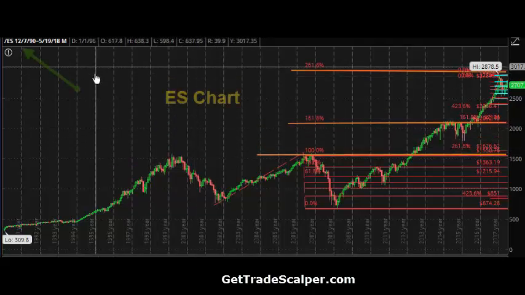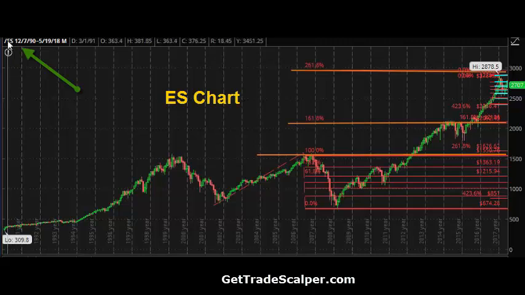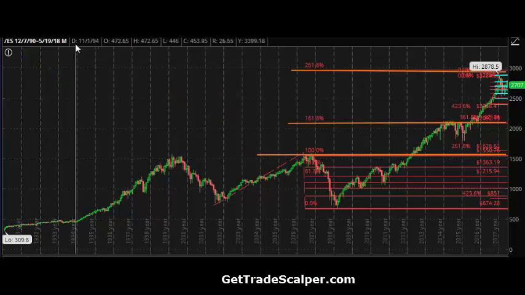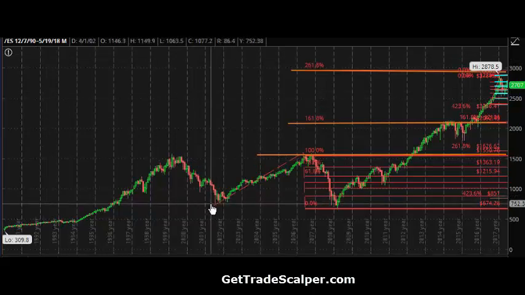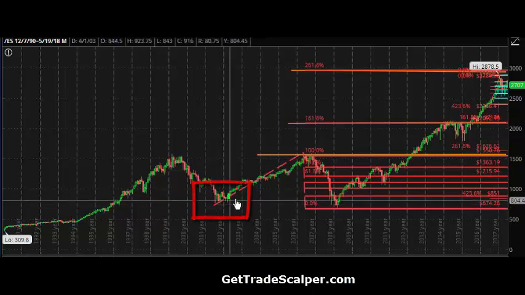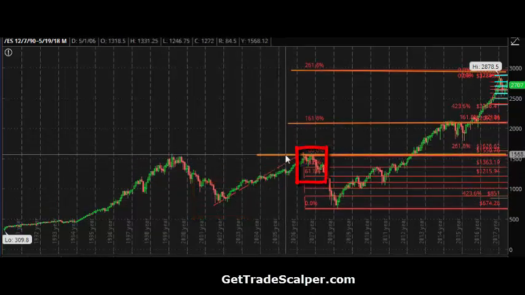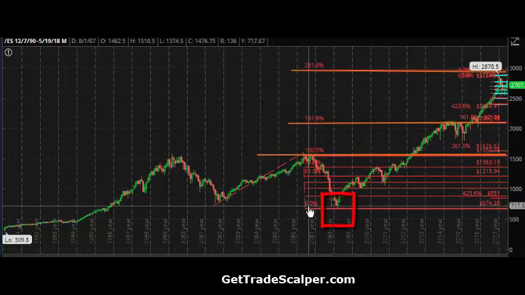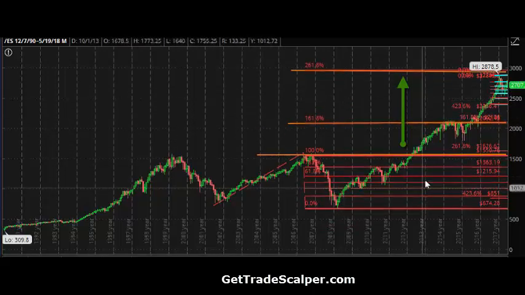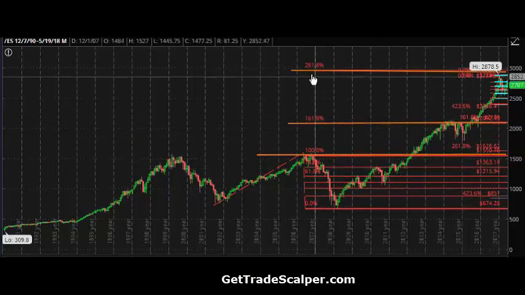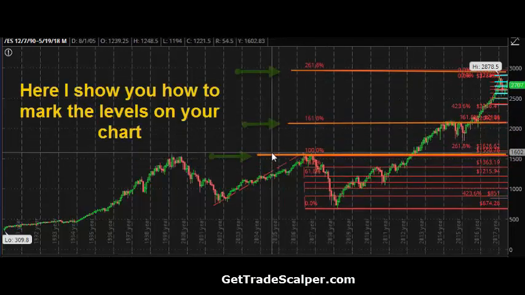So in this particular chart right here, you see it is the ES, and it is a daily, and it's given a time frame, right? And so what I did was I did a Fibonacci extension from this low point right here up to point B right here, down to point C right here, and it extended upwards out into the future, right? And so I went ahead and marked the lines on the chart